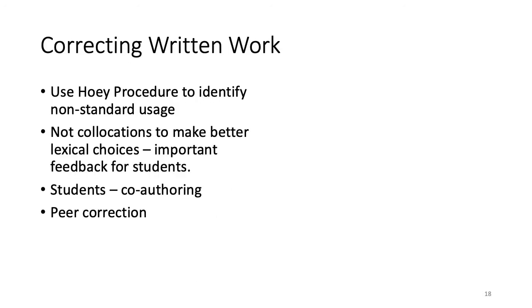When we're correcting written work, we can use this HOE procedure. We can ask students, or as non-native speaking language teachers, we're often presented with language by students and you think, oh, it could be okay, maybe not. So you can use the HOE procedure to have a look for chunks of language to see if they do exist. And it's much better to do this in a program like SkELL or CoCA than in Google, because Google is a good example of what is possible in language, whereas a corpus will tell you what is probable. So these lexical choices that the students make can be checked.